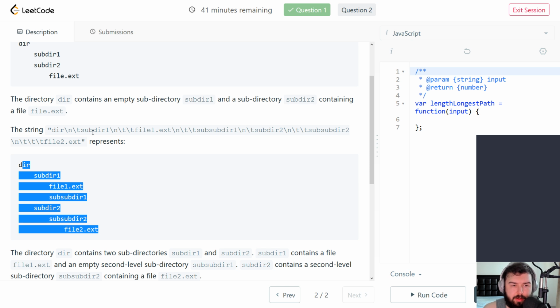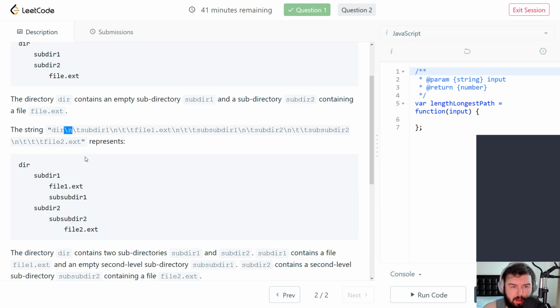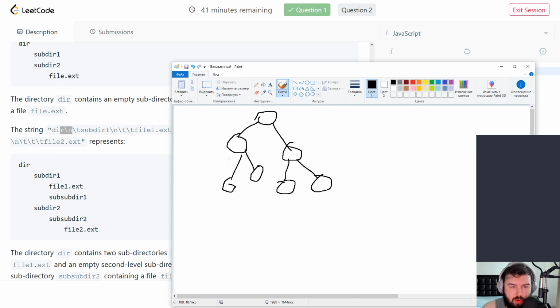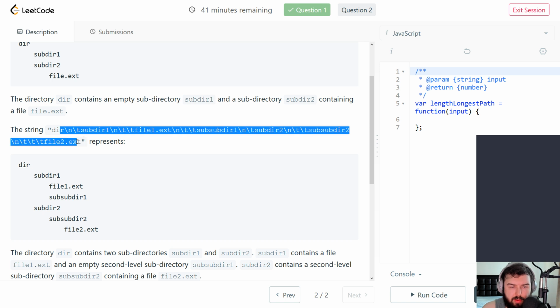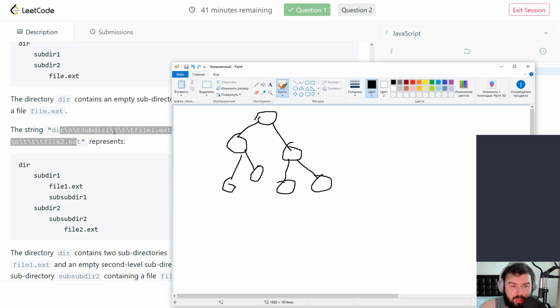to go through the string, to split it by \n's, then count how many \t's we have before every element, and this splitting will take O(n), so going through the string, then generating the tree will take O(n), so it's still under O(n), and to find the longest path, we will go from